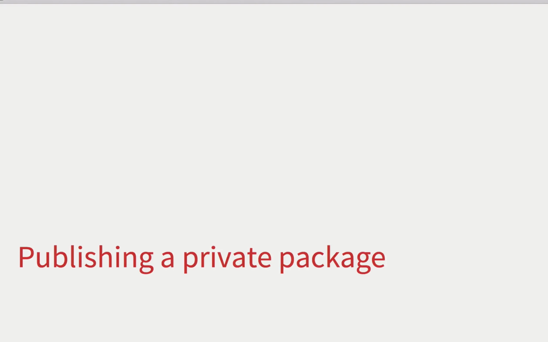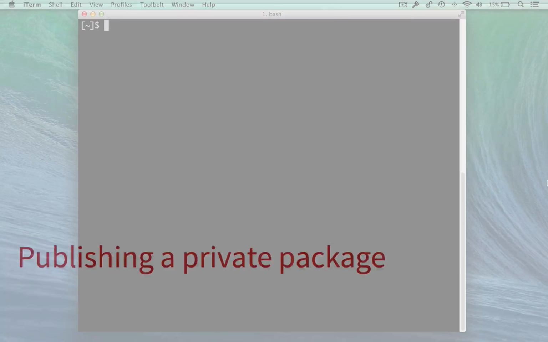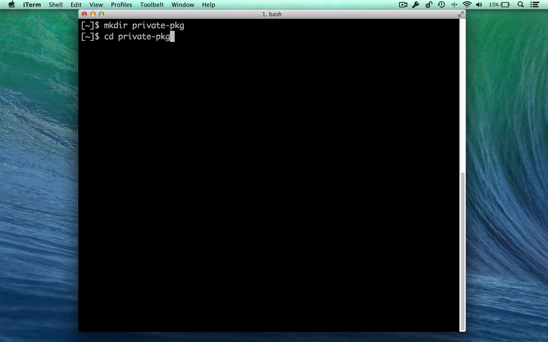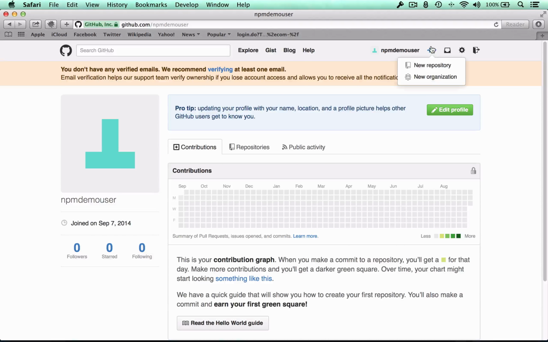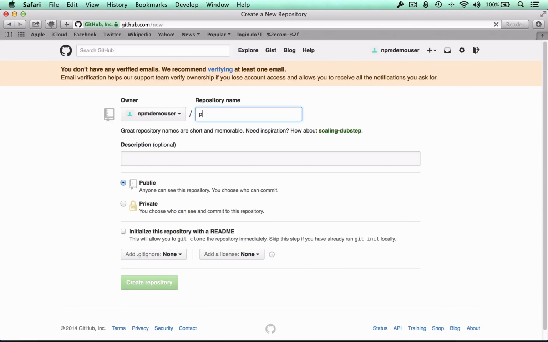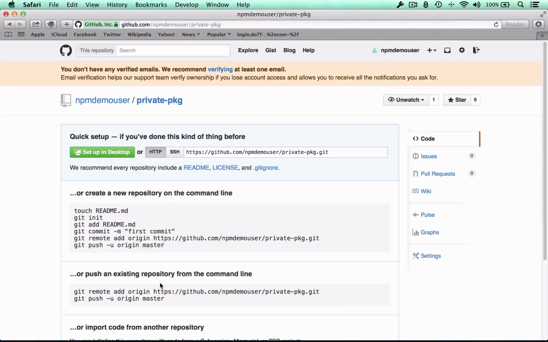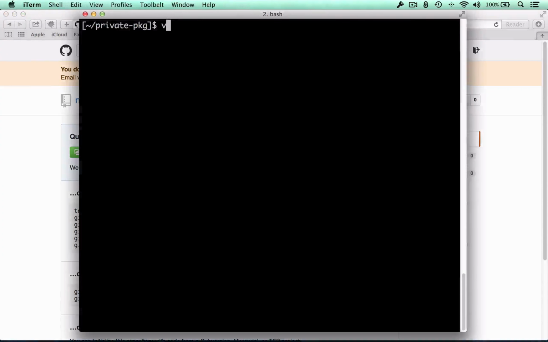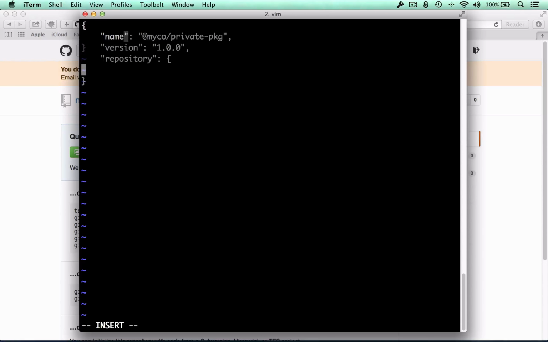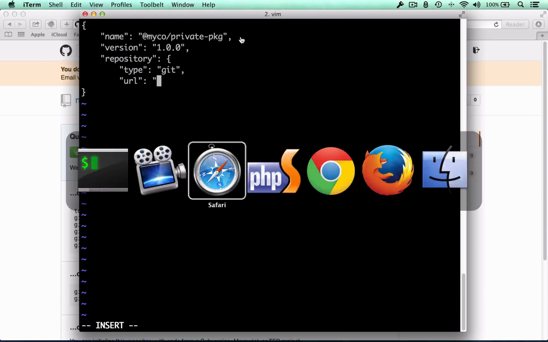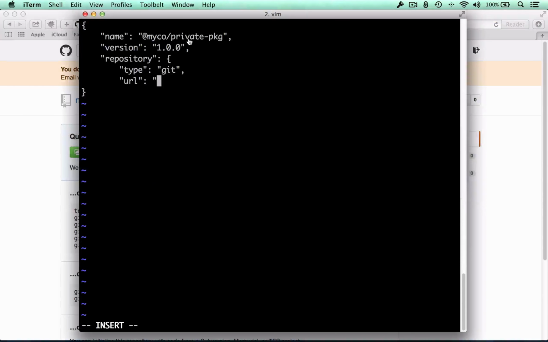So now that we've logged in, let's test publishing a private package. By default, the authorization for managing a package in npm Enterprise is tied to GitHub authorization. So we'll need to make sure that we have a repo that we have access to. So then we just create our package.json as we normally would, with the required name and version fields. And then there's a third one that's required. Because we're handling authorization through GitHub, we need to specify what repository this package corresponds to.